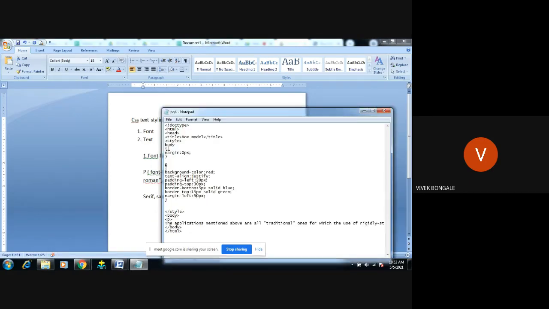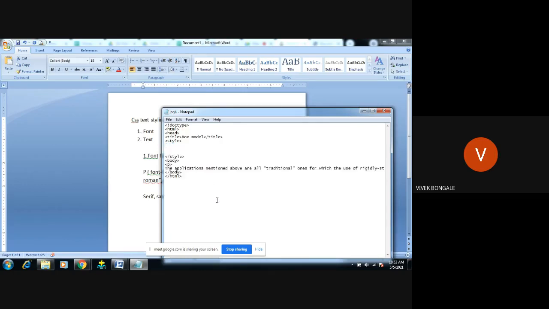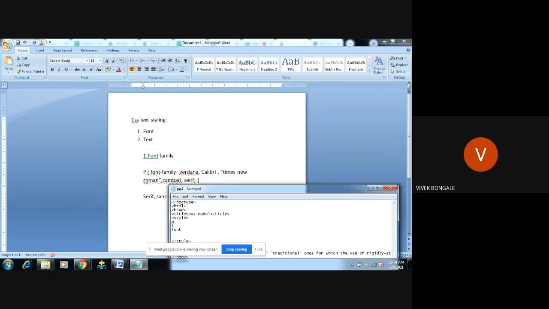I will remove this part and use the same thing. I want to use this font family, so I will copy it.